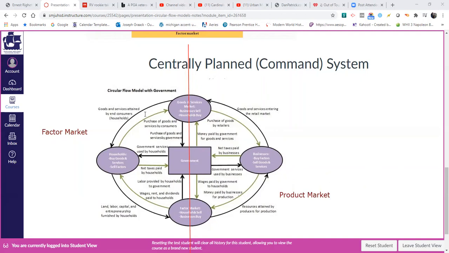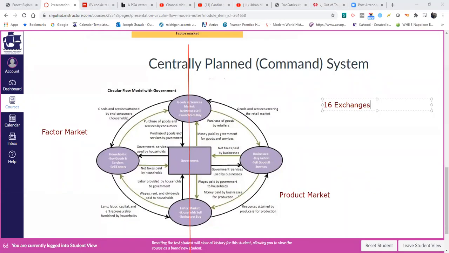Here, as you can see, there's 16 exchanges. There's the 8 exchanges that we have in a mixed system, plus an additional 8 more exchanges because the government is involved in all of the planning. So in a centrally planned or command system, what we have is 16 exchanges at a minimum. And you can see that there, right? Goods and services attained by